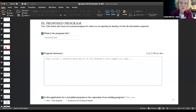We want to understand what you would do with $100,000 should you receive a grant. We'll begin by asking you what the title of your program is, and to give a very brief 25 words or less program summary. This obviously is a soundbite, but again, having that soundbite will help us all get our heads on to, if you will, understand your